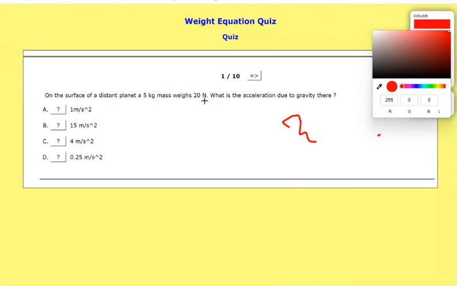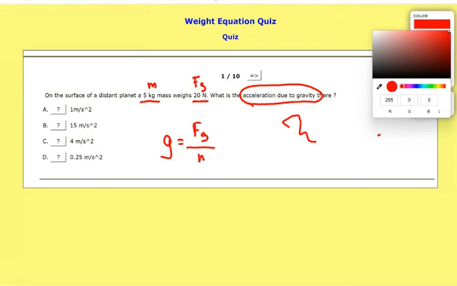Okay. So what do you do on the test? m. Now why is that weight? Because it says weighs, Fg. What is the acceleration due to gravity, girls? That is g. So I go to my reference table and find something that fits. I think there's a question both on the midterm and on this next test, so this is a good one. What is the acceleration due to gravity? g equals Fg, 20 newtons, divided by m, 5 kilograms, and that turns out to be 4. Good. There you go. Any follow-up questions, girls?